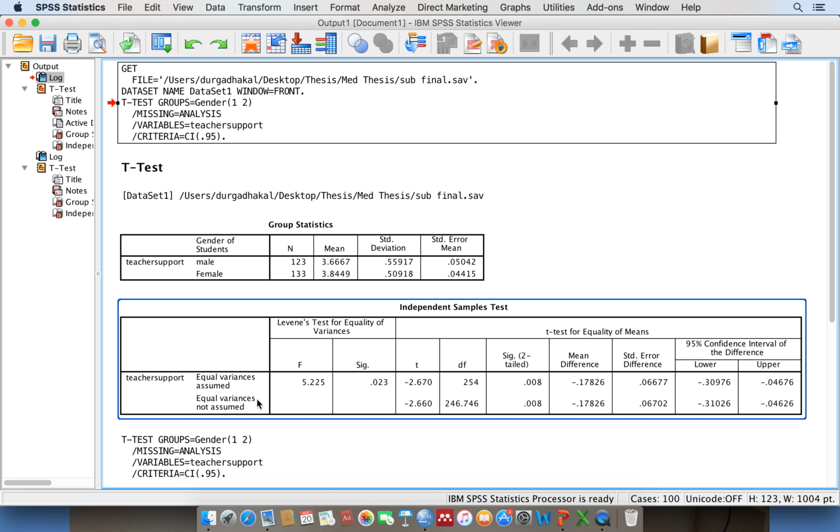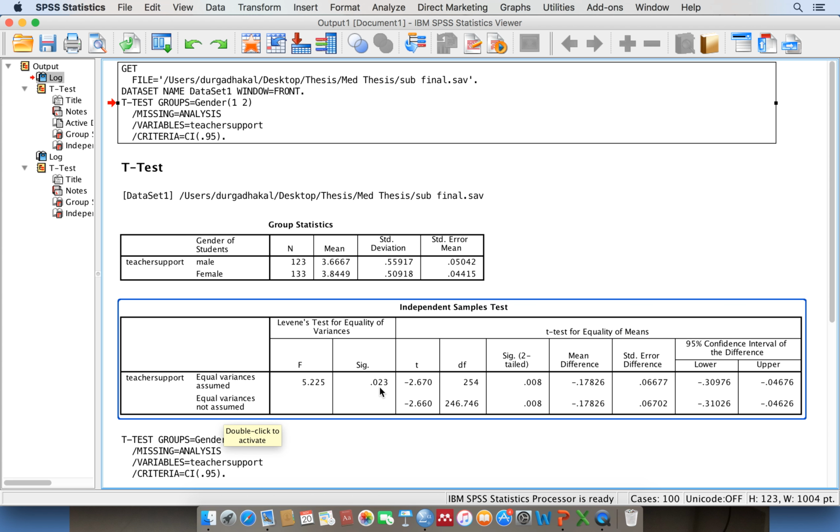Now here the significance value from Levene's test is 0.023, which is less than 0.05 or less than 5%. If the significance value is less than 5%, then we select equal variances not assumed. If this significance value is greater than 5%,